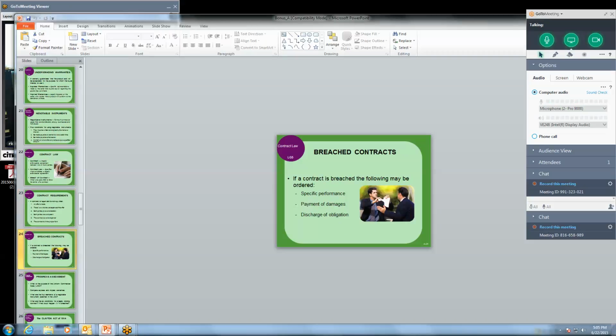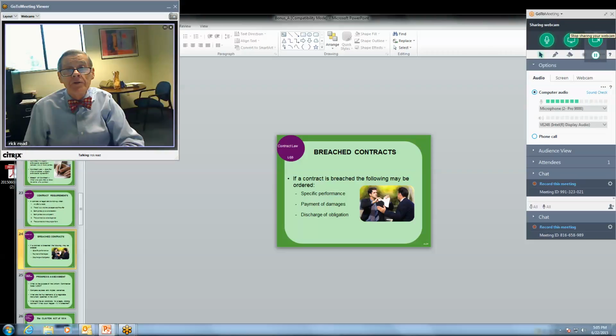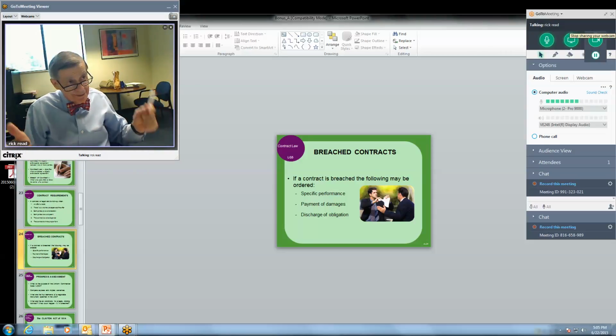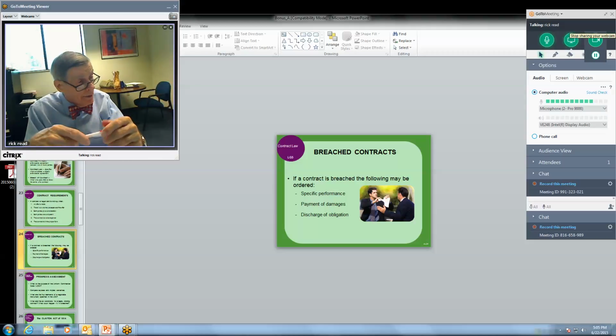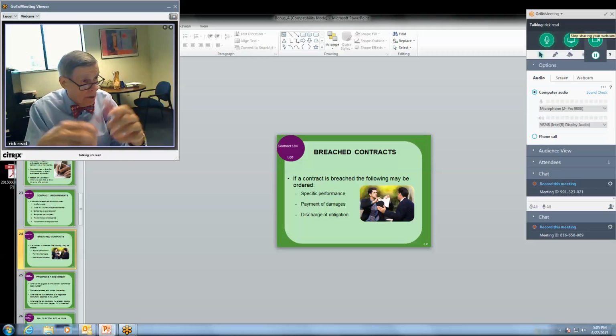Now, breach of contract, we've talked about this a little before. This is an area that causes a lot of consternation. Contracts can be breached if performance clauses were not carried forth. And if there's a breach of contract, somebody might have to pay. Also, because the contract has been breached, one party may not be required to do what he or she would have done had the contract remained legal.